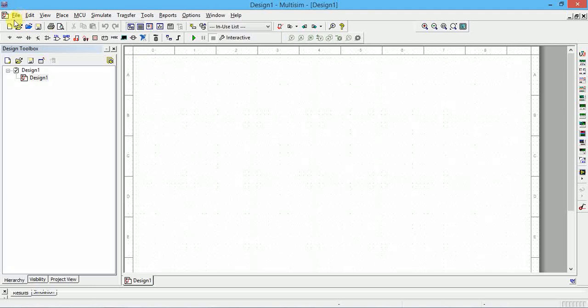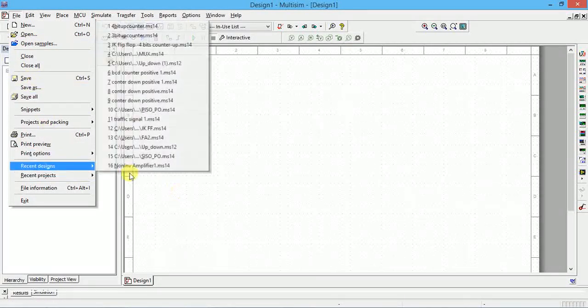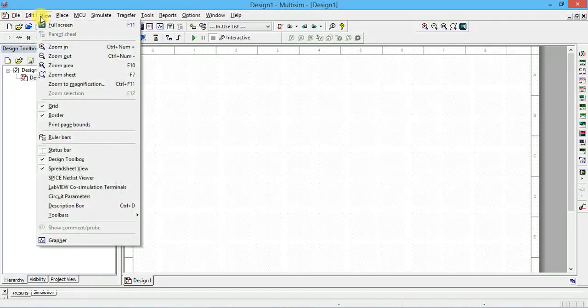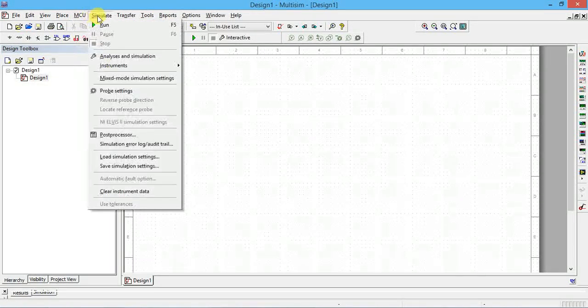So this is a tool. You can see File. In the File menu you have New and Open options. New means to create a new file. Open means if it was already created last week and you want to open it today, you can open any old files, and some sample files and examples are also there. There are so many options. Then Edit options, then View, full screen, zoom out, Place component, probes, connectors, everything you can explore. For simulation, you have to click Simulate and the Run button.